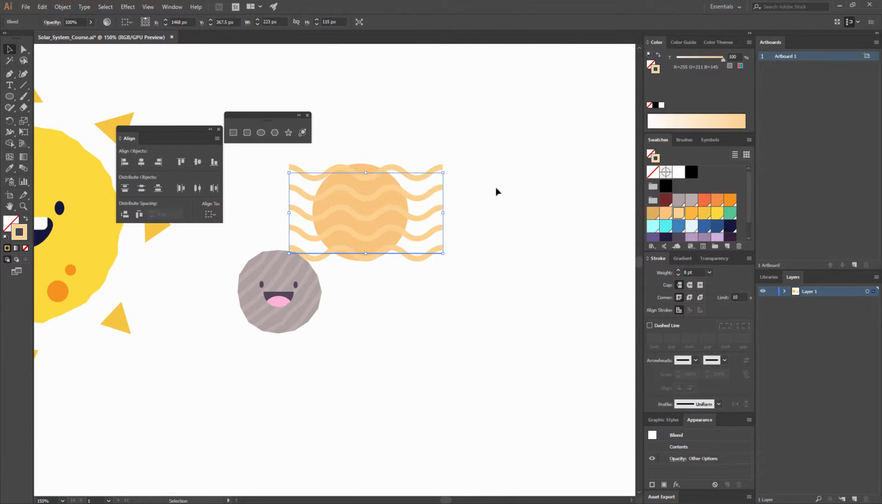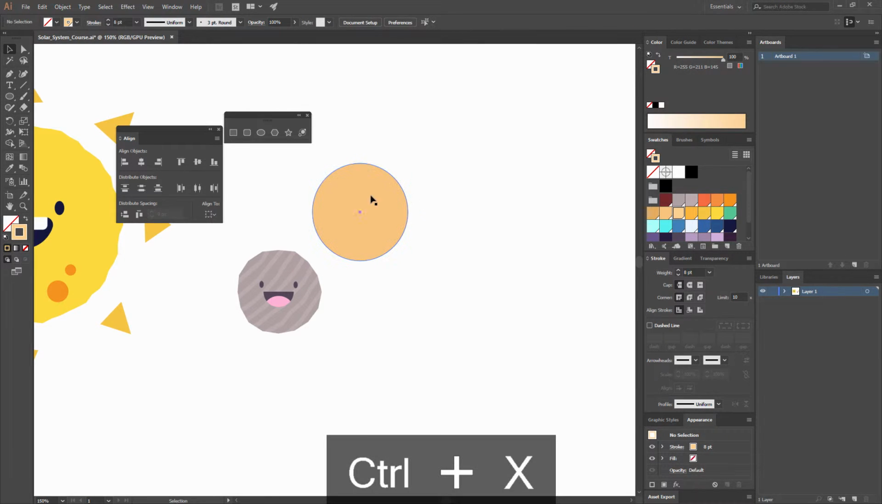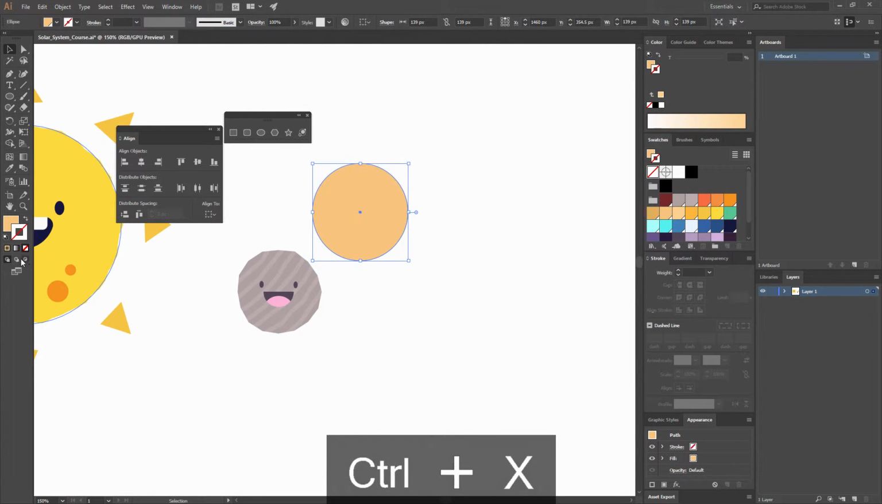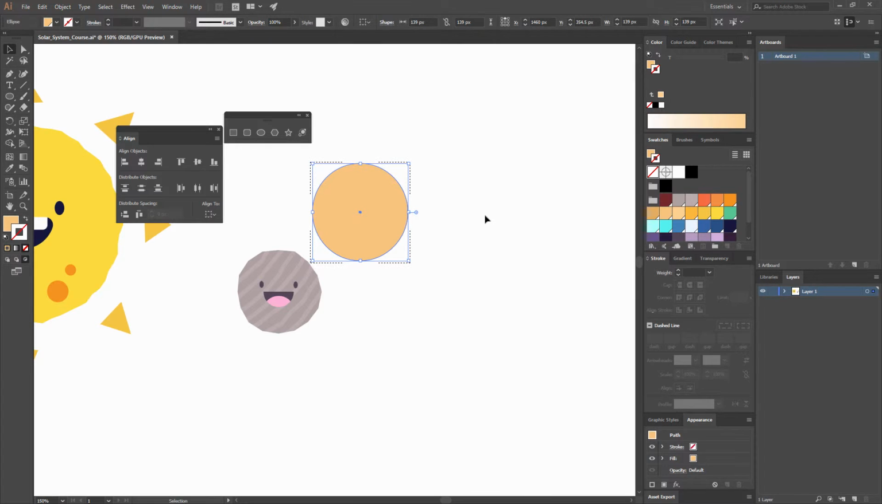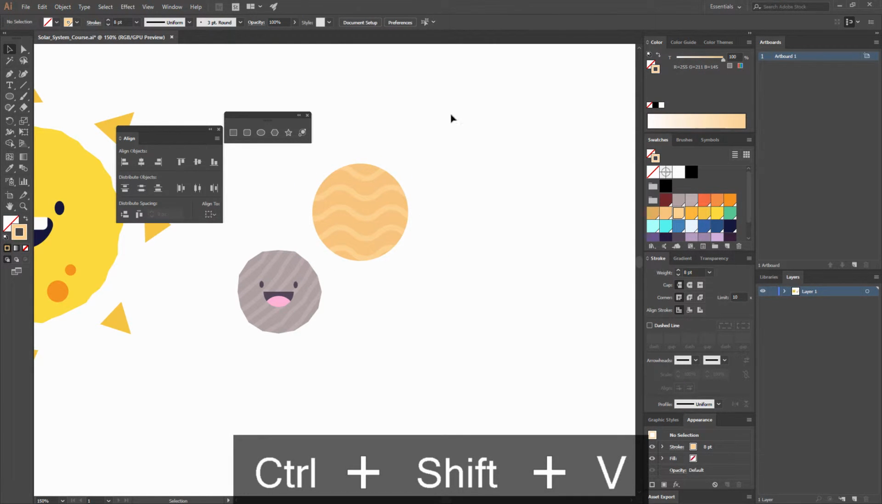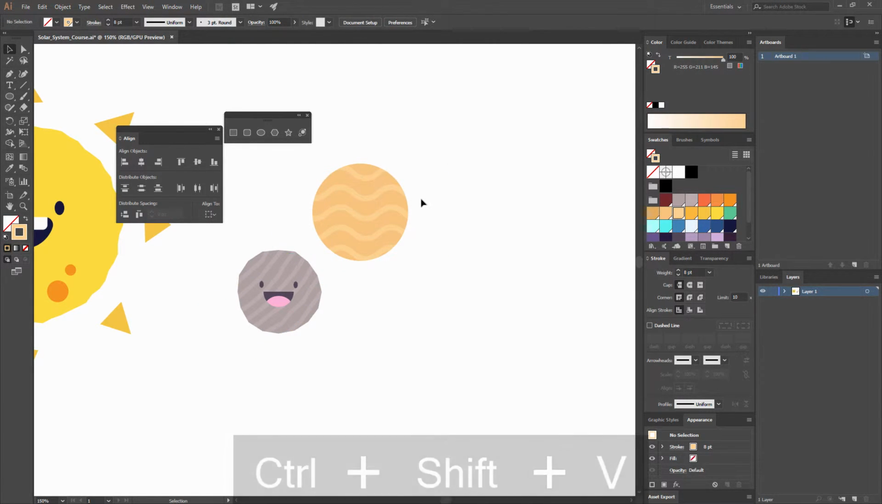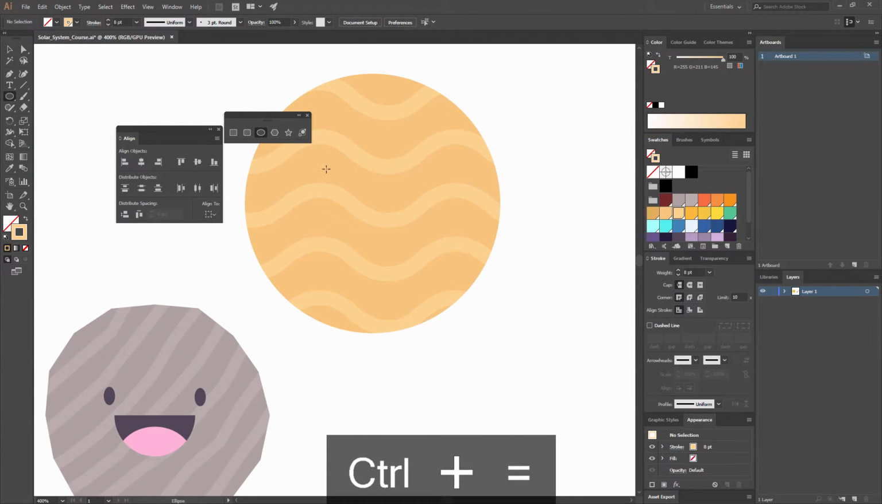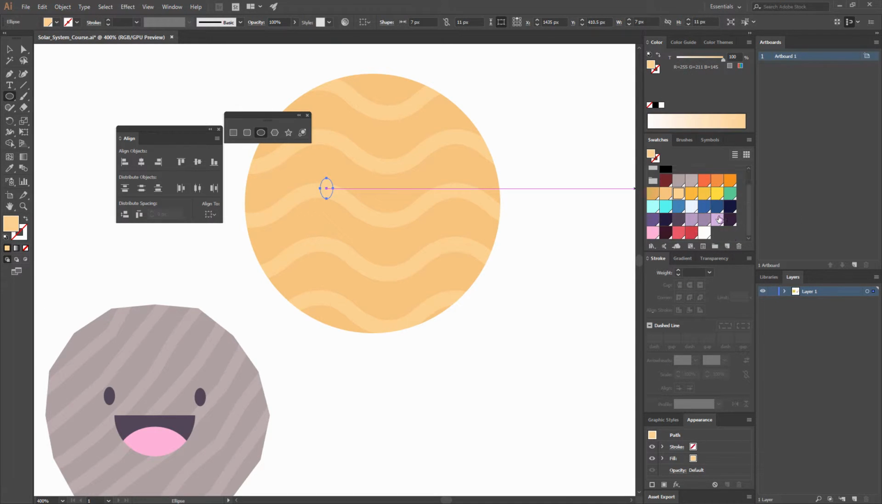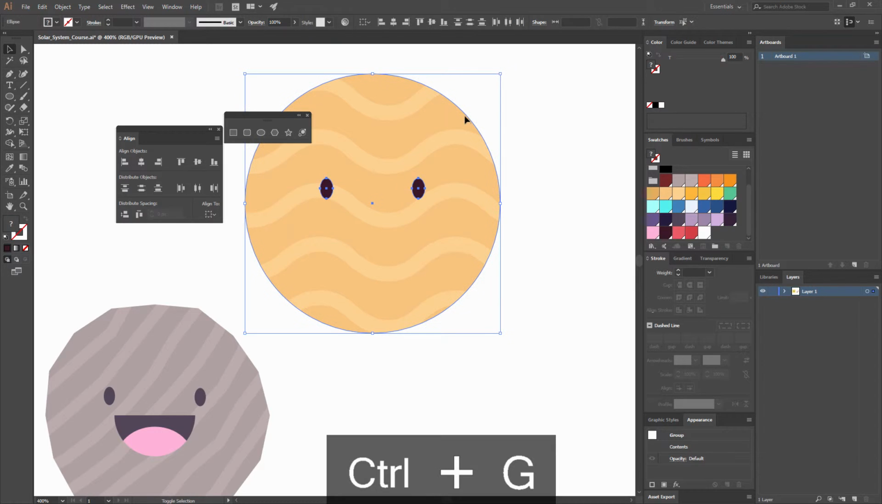And now, as we did before, Ctrl X to cut it, then select my shape, go here to Draw Inside, and Ctrl Shift P to paste in place. Now I'm going to make a face for this planet, so again, I'm going to go to my Ellipse tool, make another circle, and maybe for this one we can use a dark red, make the other eye, group the eyes, Ctrl G, and you can align them to